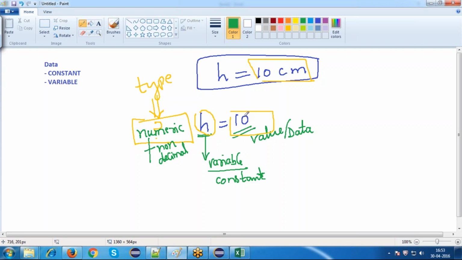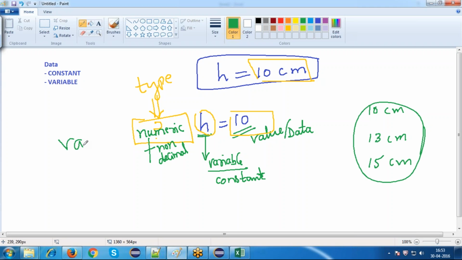Maybe it may vary. Height is 10 as of now. The height of a baby is 10 centimeters as of now. In another two months, the height of the baby may be 13 centimeters. After 1 year, it may be 15 centimeters. The height may vary. Then this is a variable,